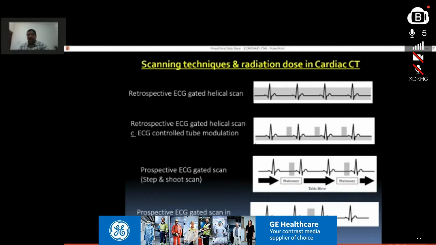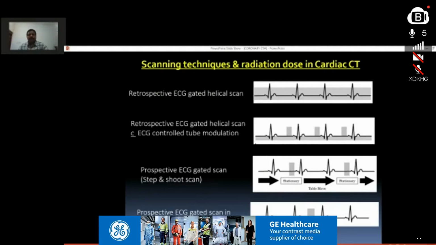scan. However, the radiation was controlled through a tube modulation during the ECG acquisition. So less radiation was given during the phase of ventricular systole, while larger radiation was given especially at the time of ventricular diastole. Now, it is very important to understand when you are doing coronary CT, you need to acquire an image of a coronary vessel which is in rapid cyclical motion. And the time when the vessel will be in least motion is the time when there will be ventricular diastole. So this is the time when the majority of the equipment exposes maximum radiation to get a clean static image of